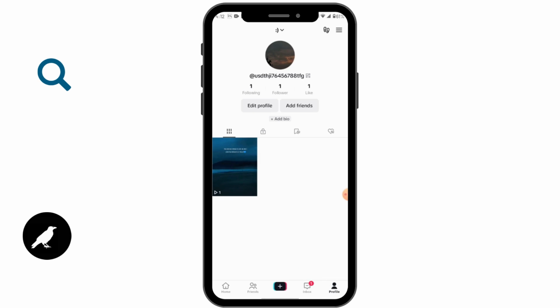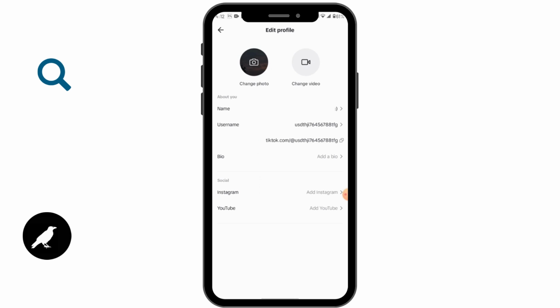And after opening your profile, tap on edit profile, and